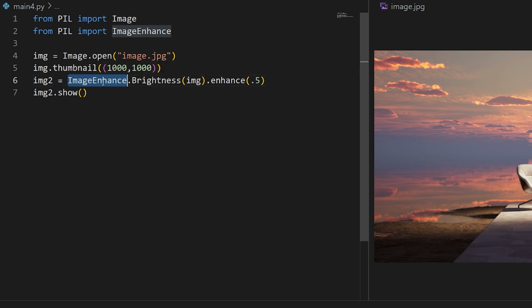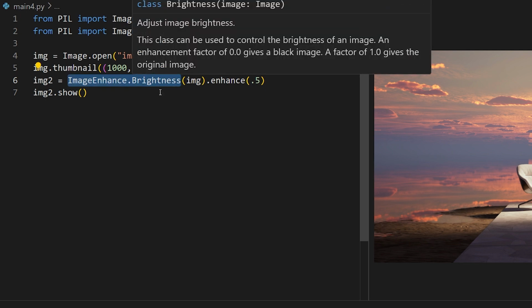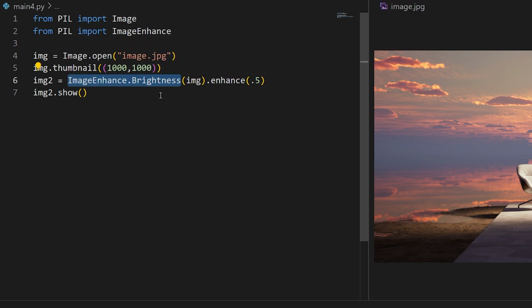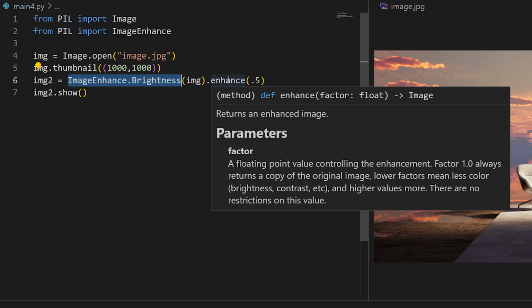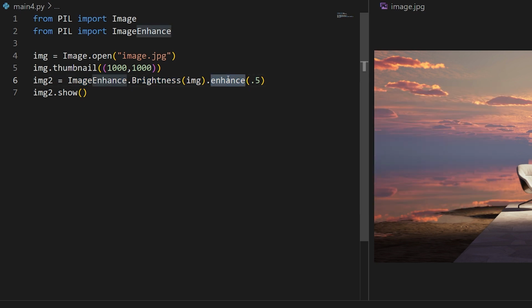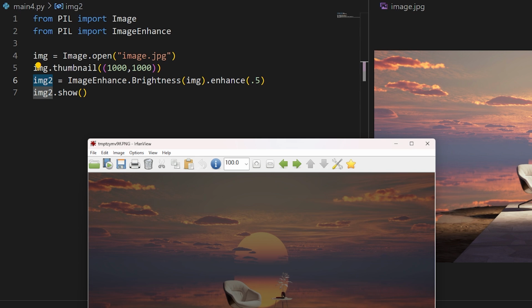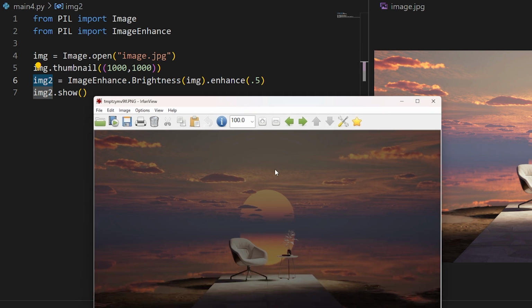So in this example, I'm going to do that with an image after I make a thumbnail from it. But you'll notice how this ImageEnhance.Brightness method takes in the image object as a parameter, and then it returns another object, which we then use a generic enhance method on to actually make the change. And that method, in turn, returns our altered image. And as you can see, this new altered image is much darker than the original. So this set of steps is a lot more convoluted than anything that we've seen before, and a good example of how Pillow can be deeply inconsistent internally.